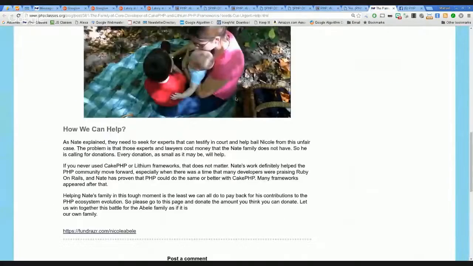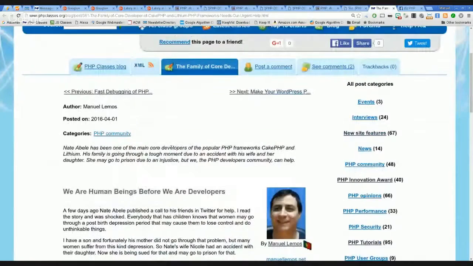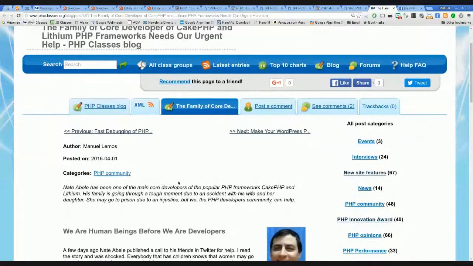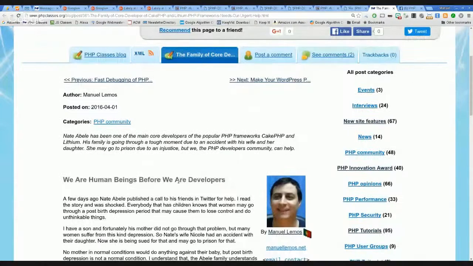Finally, we are going to talk about a story that is a bit sad. It's about an issue with the wife of Nate Abel, who was one of the core developers of PHP and Lithium PHP frameworks. She had an accident with her daughter that was caused by postpartum depression, which is a very particular problem. Nobody wants to have that problem.